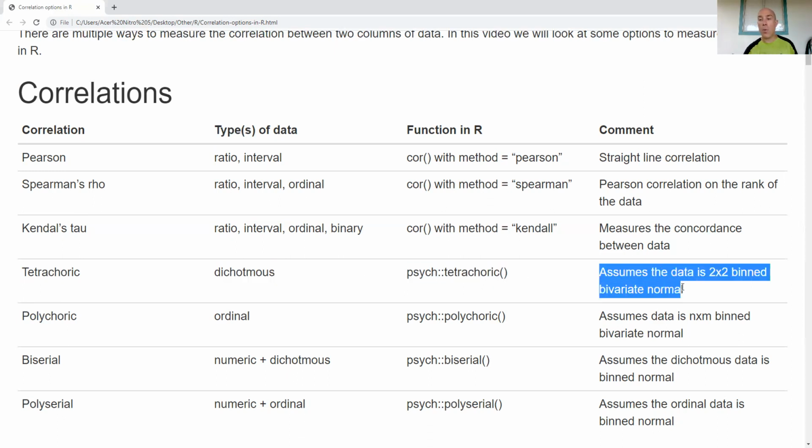And so what this is doing, we're taking basically a 2x2 contingency table and making the assumption that we have bivariate normal, and we've binned the bivariate normal data into a 2x2 grid, and then under that assumption works out the details